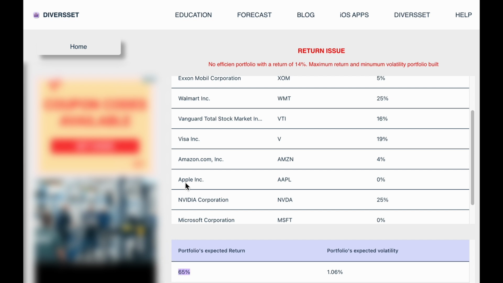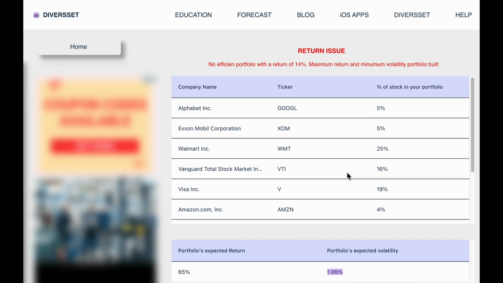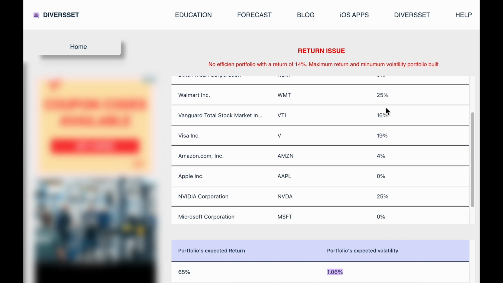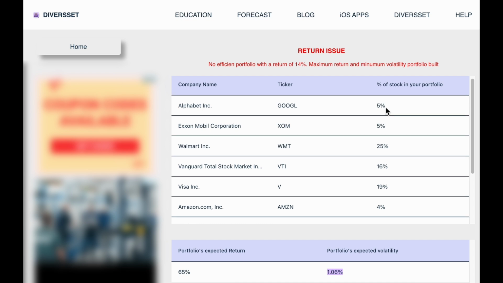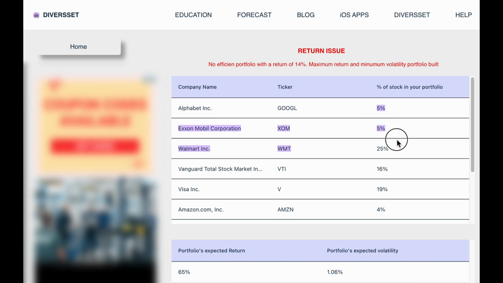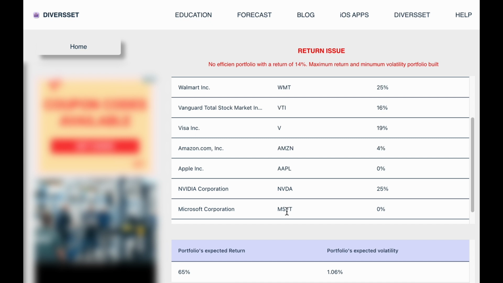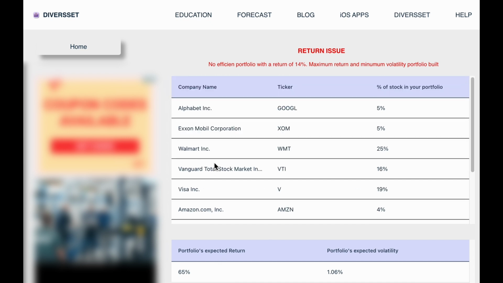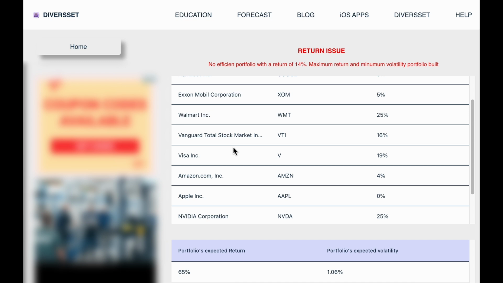So initially you inputted 14%, but Diverset says, I can maximize your portfolio's return, not 14%, but I can get you 65% yearly return and only 1.06% volatility if you allocate your assets, put portfolio weights exactly like I show you in these proportions. If you allocate your assets in this way, as Diverset shows you, then you can get 65%. And these are all stocks that we've selected using two iOS applications, stock target price and stocks to buy, and